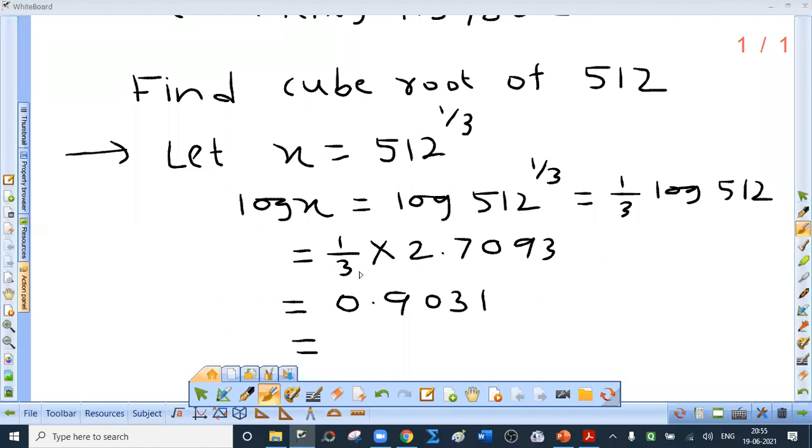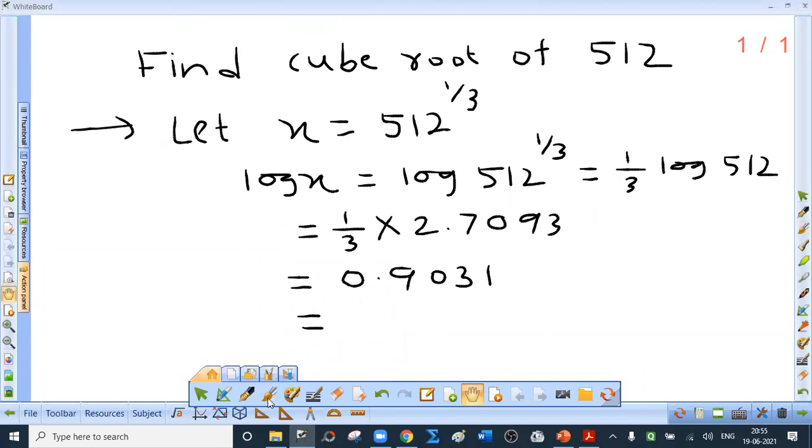0.7093. Now you have to divide this by 3. So this is 0.9031. So what is x? Therefore, x equals anti-log of